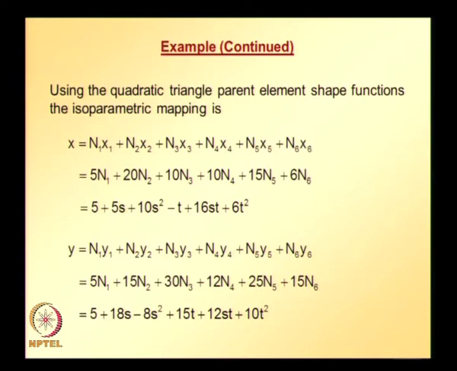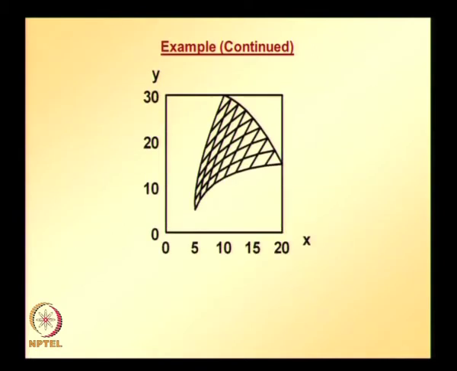Once we have these relations, we can plot these equations of x and y for the range s going from 0 to 1, t going from 0 to 1. So, by giving different values of s and t and plotting the equations corresponding to x and y, we get this figure,